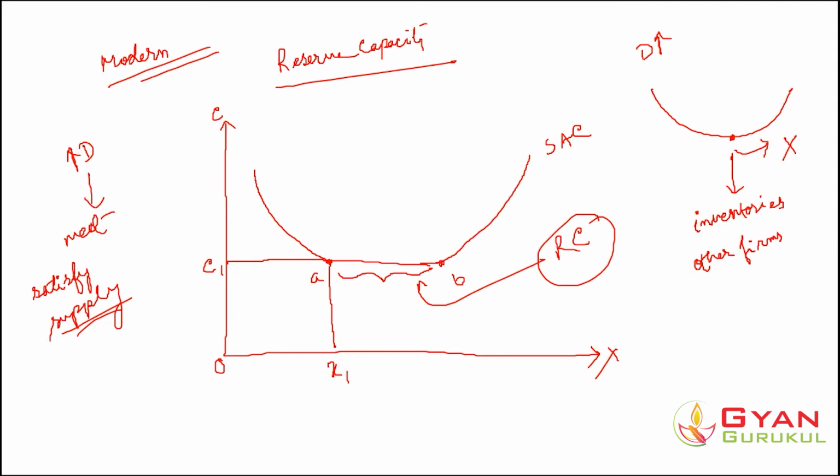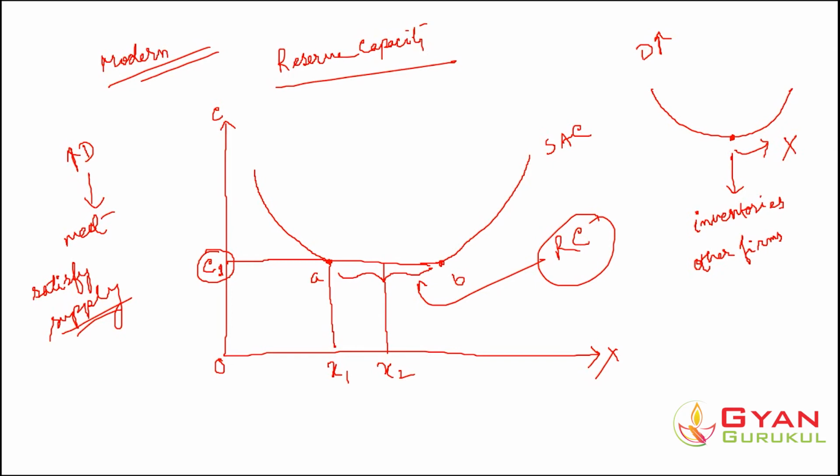Therefore let's say it increases the production to this much, x2. Now see, because of the reserve capacity available, the average per unit cost remains the same as C1. It remains constant, right? So therefore there would be no loss for the producer. For a sudden increase in demand in the short run, he could effectively supply the increased demand, and there will be no surge in his cost.